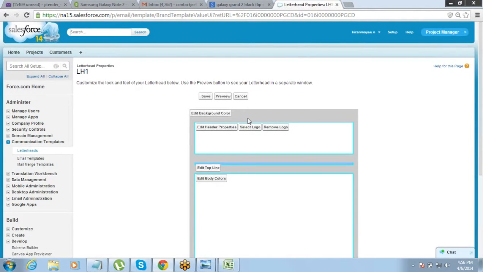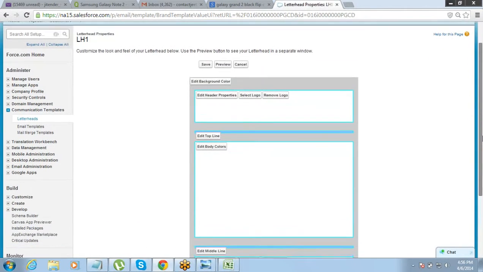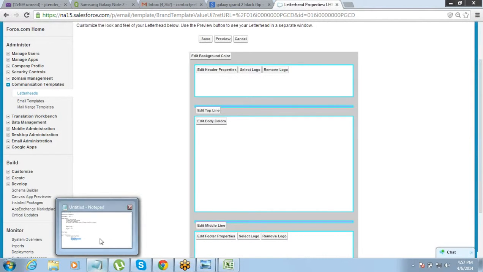So here is the letterhead. You have the option of changing the color and all those things, editing the letterhead, and then you can use it with a letterhead email template. Change the color or whatever you want to do from here, save it, and then you can call it on the letterhead email template. The rest everything is same. The only thing is that you will have the formatting option.